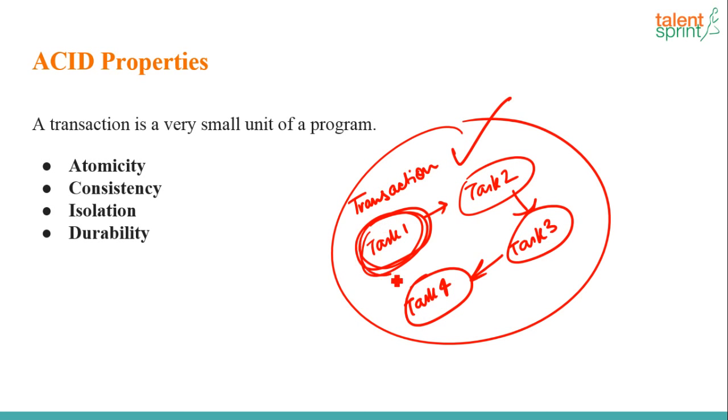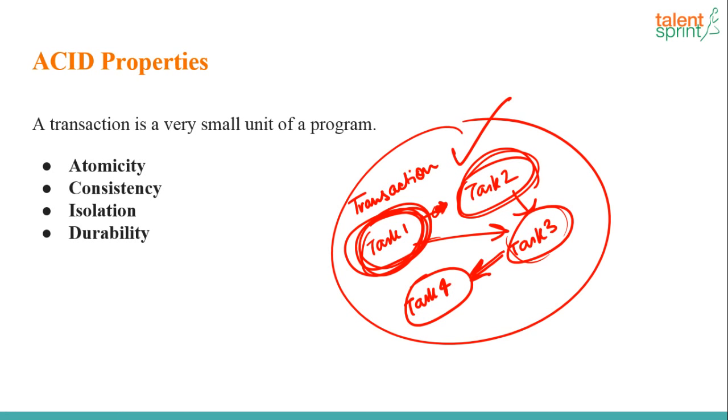So this task has to completely execute before the next, or 2 of these tasks have to execute and provide their input to the third task, and then the third task executes and provides its input to the fourth, and this completes the transaction. So it could be any set of flow like this, either task 1 to task 2, 3, 4, or 1 and 2 are executing in parallel, they provide input to 3 and then 4. Any such group of tasks is referred to as a transaction in a database.